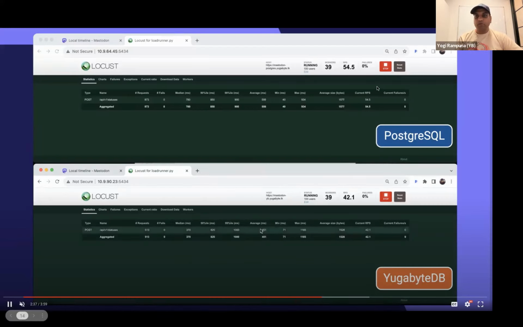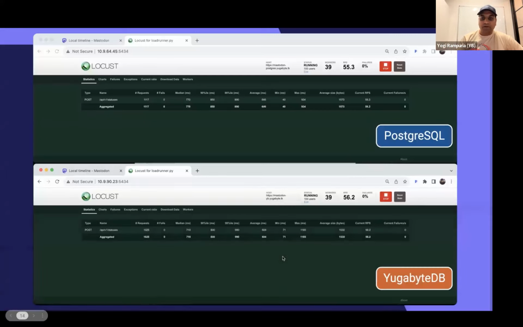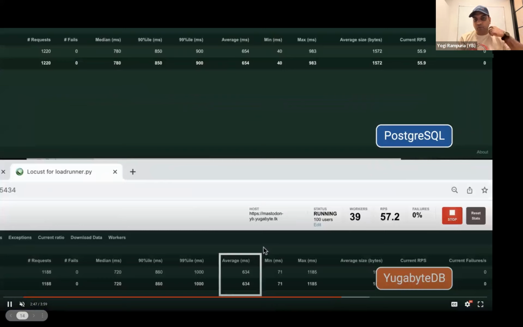All right. So again, going back to the demo, what I'm showing you here is, on top, I am running the workload and the load testing monitoring for the PostgreSQL backed Mastodon. And on the bottom, I'm showing the Yugabyte backed Mastodon. Now, once we run these tests for a few minutes, first of all, right out of the gate, what you see is, although Yugabyte is a distributed database running on multiple nodes, you are still able to get